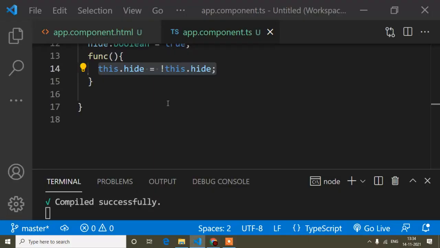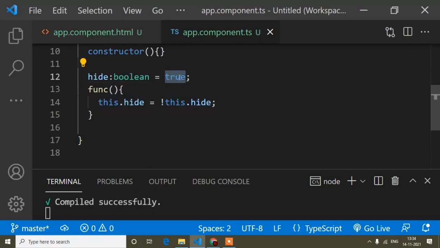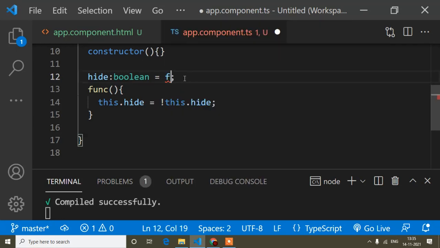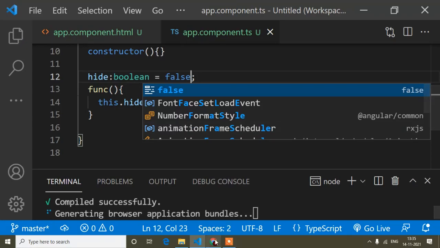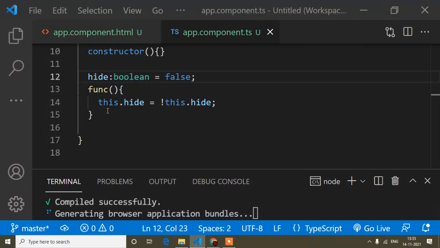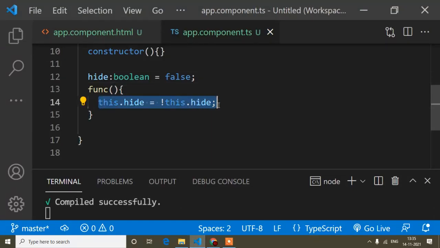And the same thing you can change here. If you want it false by default, you can change this to false, like this. You can see by default it will be hidden, and when I click, you can see it's showing. So this way you can write this condition in one simple line.